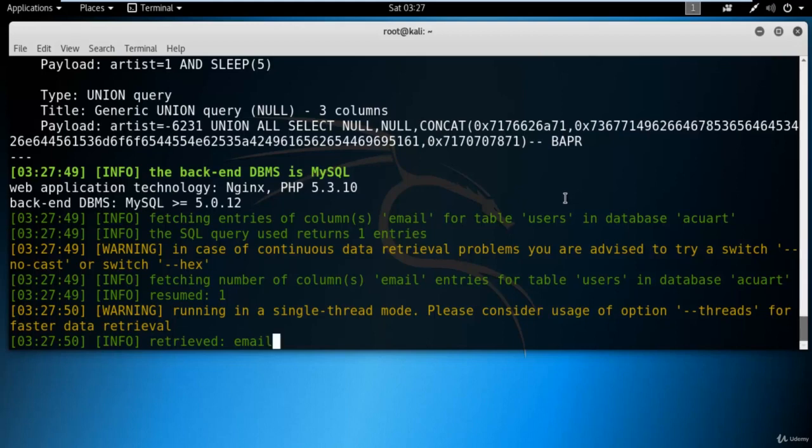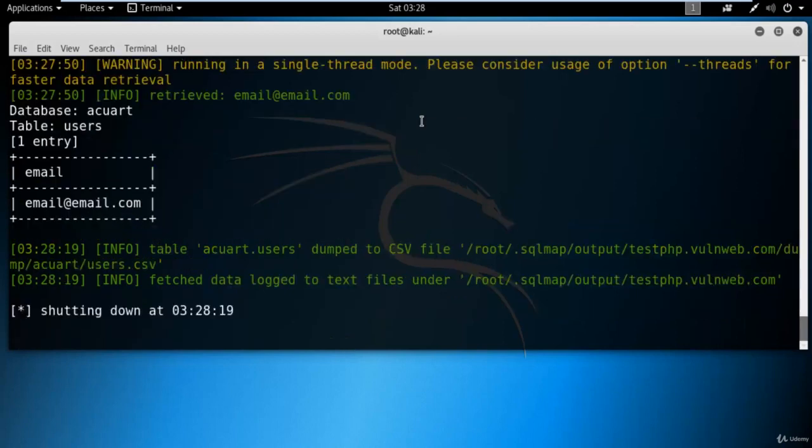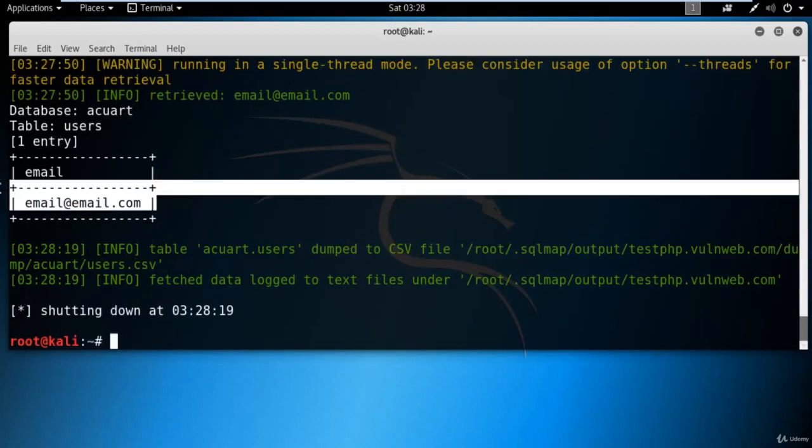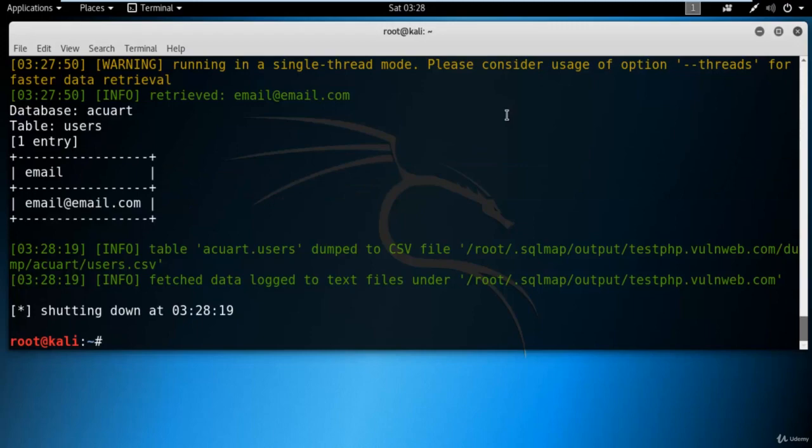Slowly it is taking one character at a time. You can see here that it is extracting the email ID. Basically it is a sample website, right? So that's why all the information available inside the database is also sample. You can see here on the screen that it is trying to extract the email IDs. And here it is. So this is a kind of email ID available inside the database.